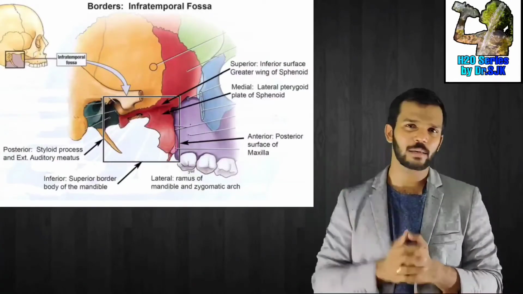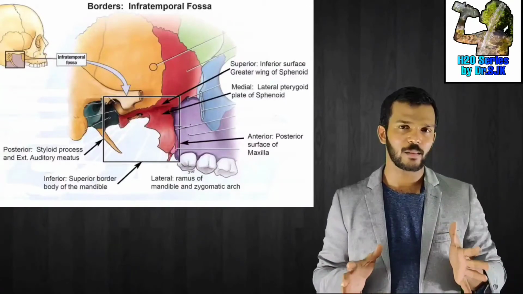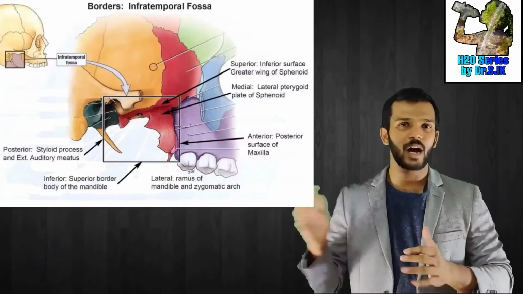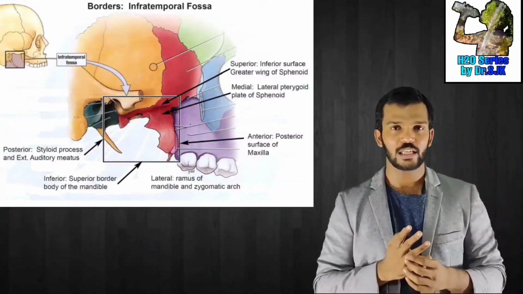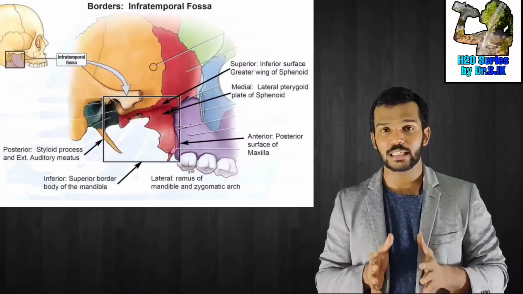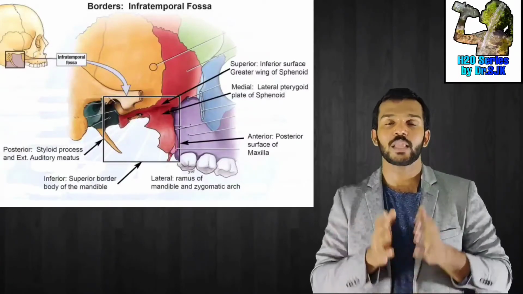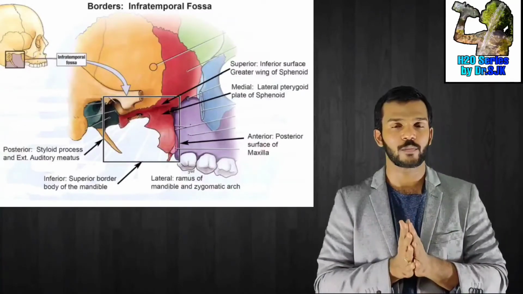Laterally it is having the zygomatic process and the ramus of the mandible. It is not a clear landmark, but it is found at the outermost aspect. Posteriorly, inferiorly and laterally it is free, it can spread to other spaces, which forms the extended infratemporal fossa. The infratemporal fossa can spread infection to the masticator space also.